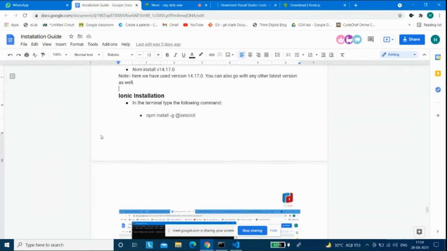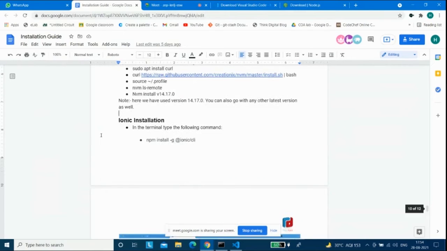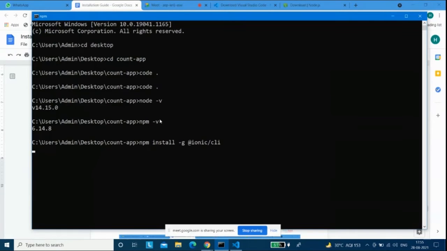Right. So coming next is Ionic installation. For Ionic installation, the same thing goes: we are going to go to our terminal. So everyone please open your terminal, and you can use this command to download Ionic for now. As you can see, it is getting downloaded, and as soon as it gets completed, it will be installed in your operating system. For me, it is already downloaded, so I'll just stop it. After it is downloaded, you can again go for ionic hyphen v to check the version of what has been installed.